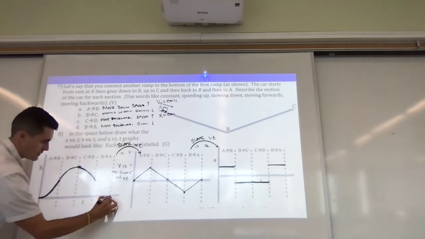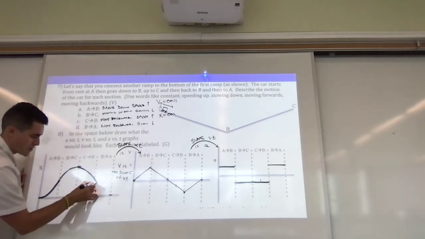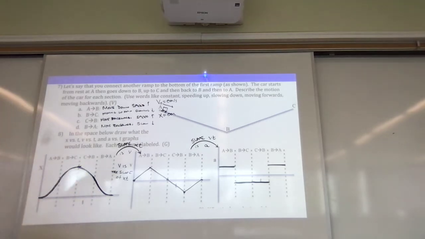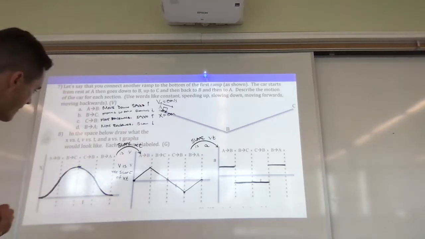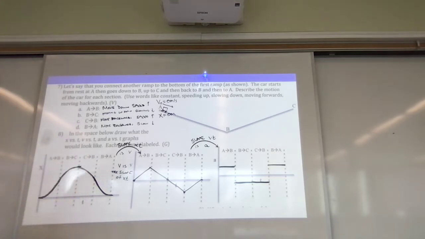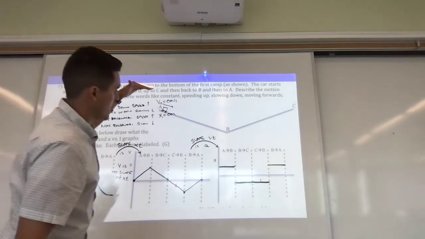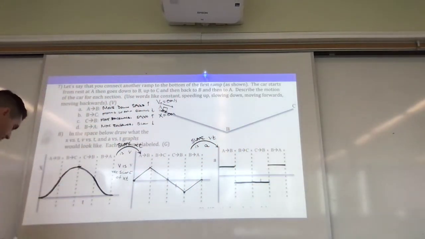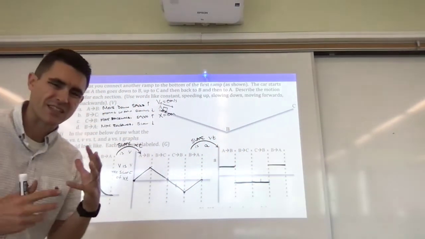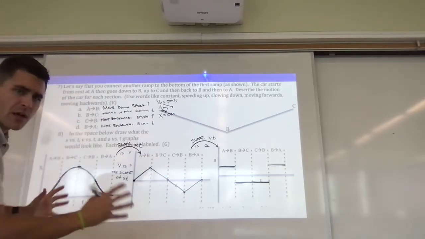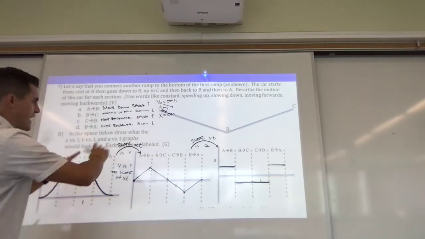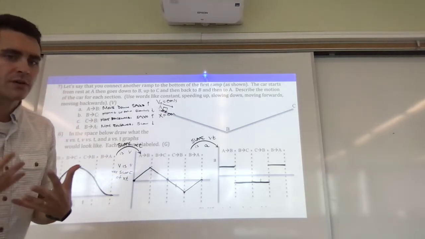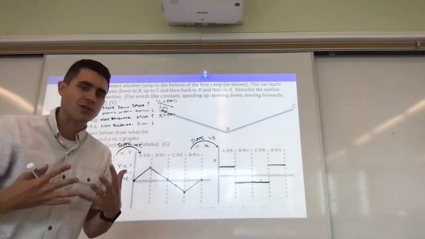Very negative to 0, I see this slope is going to be here. So if I smooth this thing out, this is a wonderful position and time graph for the 4 different intervals over which this car goes from A to B to C, back to B, and back to A. This was one of our labs, and it's a challenging series of graphs, but if I break it down and I understand the connections between slope and the graphs, it becomes clearer and maybe a little bit easier to chunk